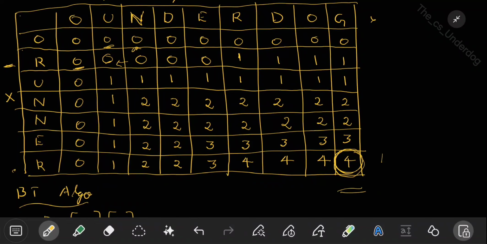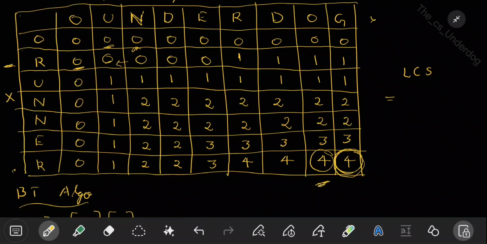If you see the letters, one is G and the other is R. So R and G do not match. So see the top block and left block. Whichever is larger, move to that block. But do not include anything in LCS string, okay? So you are moving to the larger one which is on left. Again,